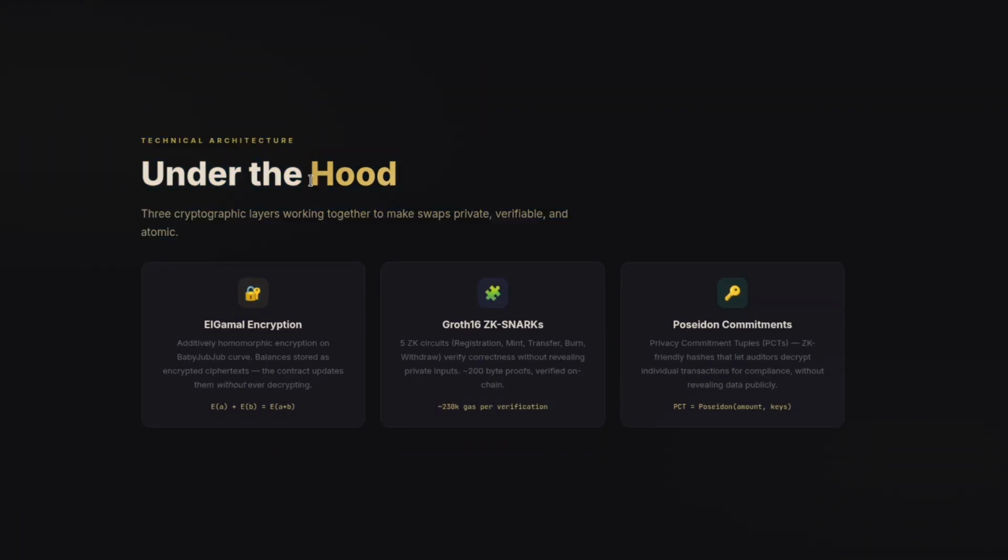So how are we achieving this? The encrypted ERC20 standard supports LGML encryption, homomorphic encryption over the Baby Jubjub curve. So the balances are stored this way, and to verify the correctness of the transaction without revealing the private inputs, which are LGML encrypted,